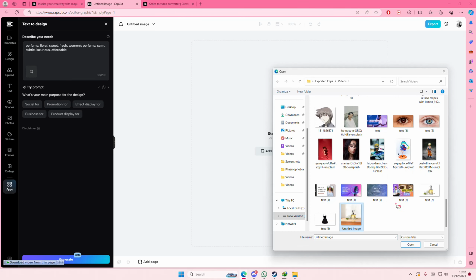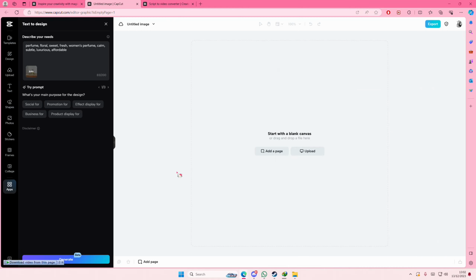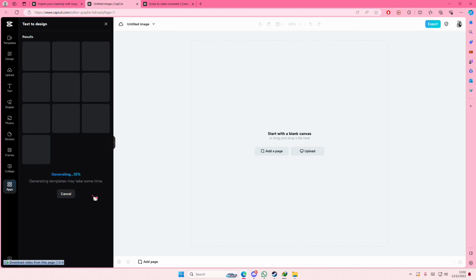Just going to use the same image. I think I'm just going to use this one. And you can select the main purpose for the design. I'm just going to select social, and then I'm going to select generate, and it's going to generate some designs for me, and you can just select whichever one